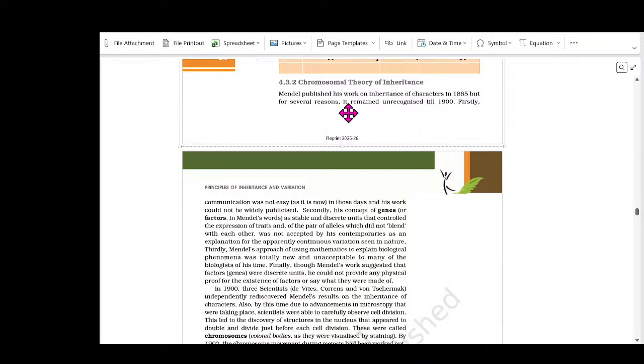4.3.2 Chromosomal Theory of Inheritance. Mendel published his work on inheritance of characters in 1865, but for several reasons it remained unrecognized till 1900. Firstly, communication was not easy as it is now in those days, and his work could not be widely publicized. Secondly, his